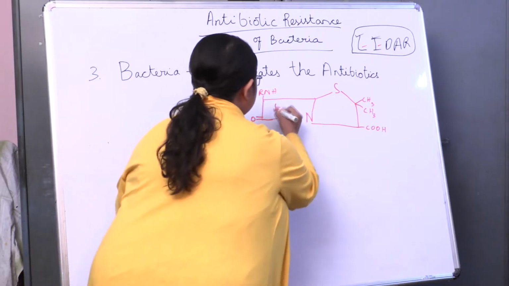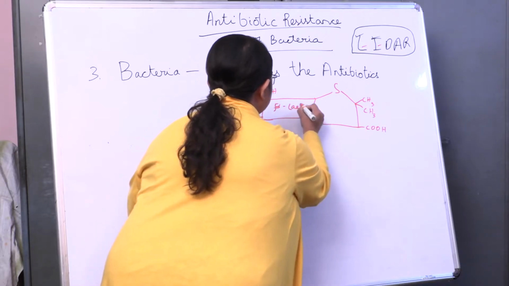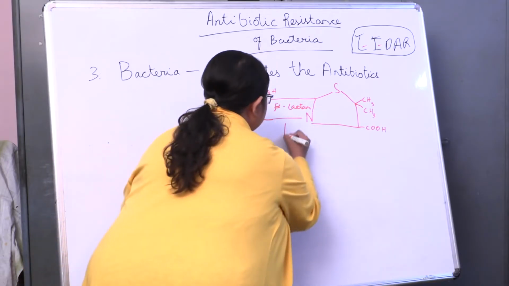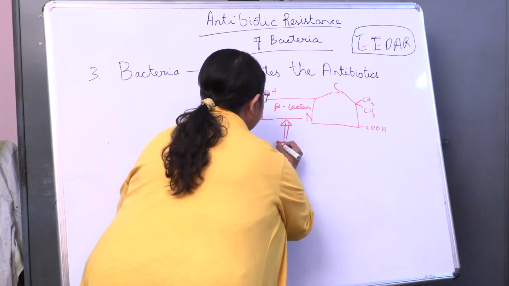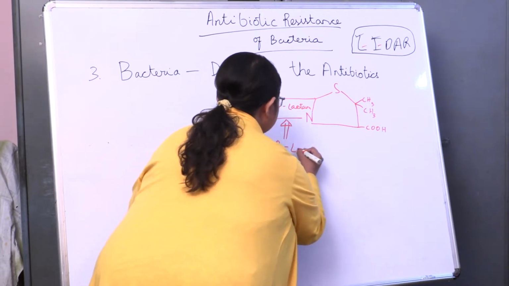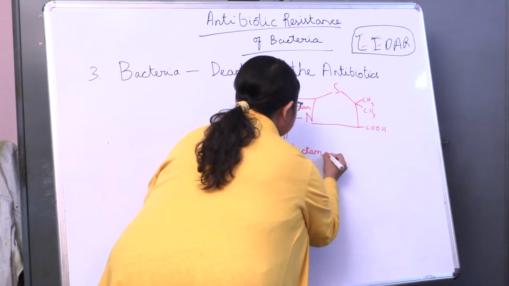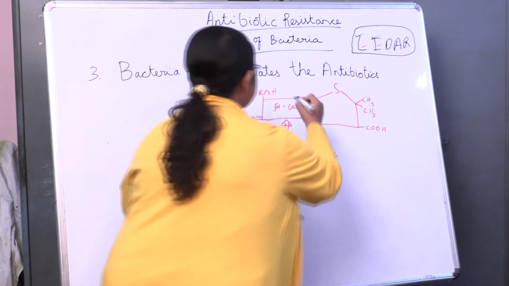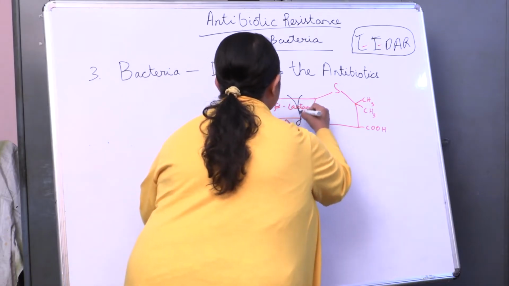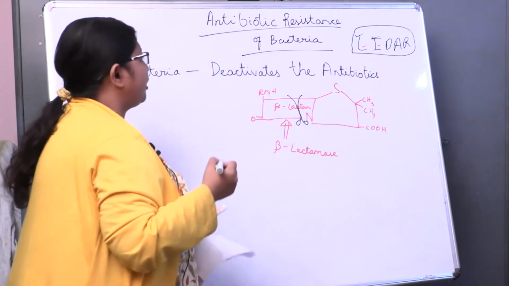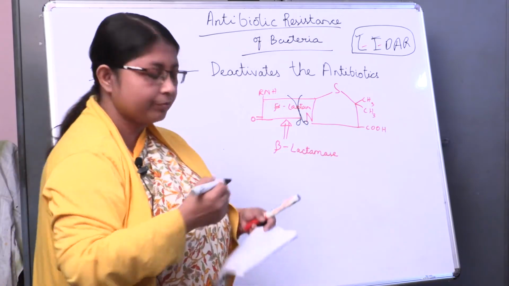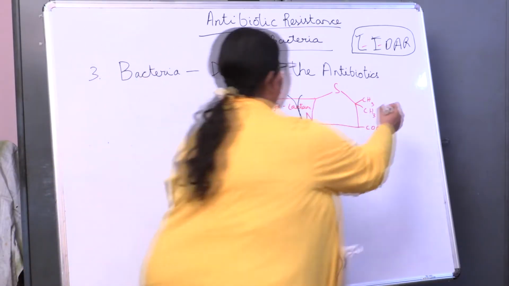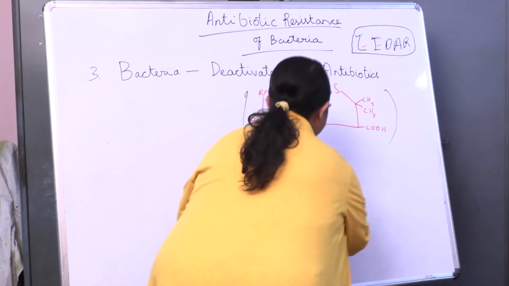This portion is the beta-lactam, and the beta-lactamase, that enzyme, acts on here like a scissor. It acts like a scissor, as I have shown you. It cleaves the beta-lactam ring, and therefore this whole structure of penicillin